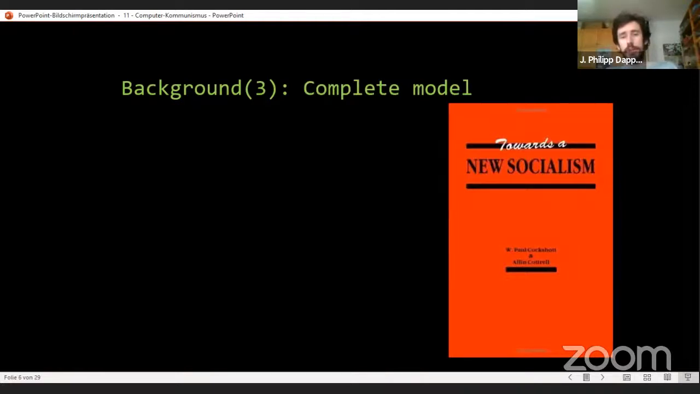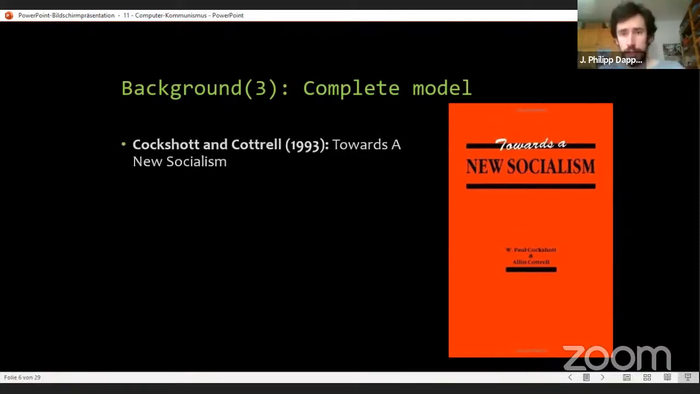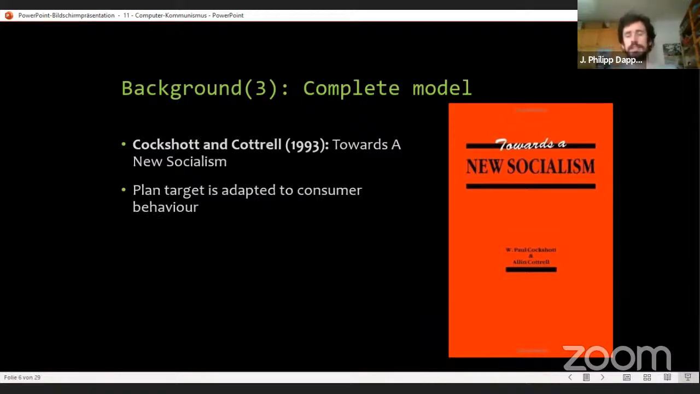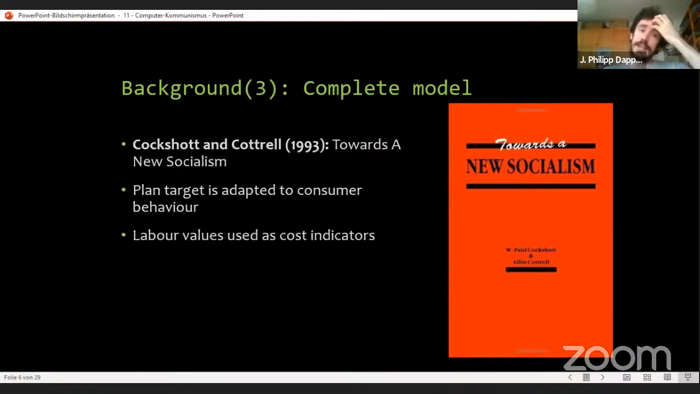And then a complete model which combines these two approaches was put forward by Paul Cockshott, who was also my PhD supervisor, and Alan Cottrell in their book Towards a New Socialism. And what they suggested is basically you can have this optimized production planning, but you adapt the plan target to consumer behavior. So instead of a central committee or some central planning agency deciding what's going to be produced, this will be adapted to what consumers demand. And labor values are here used as cost indicators to show whether prices for a product are high or low, and which then leads one to adapt the planning target. I'll go into more detail about this